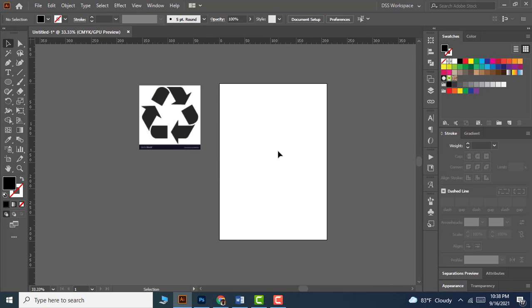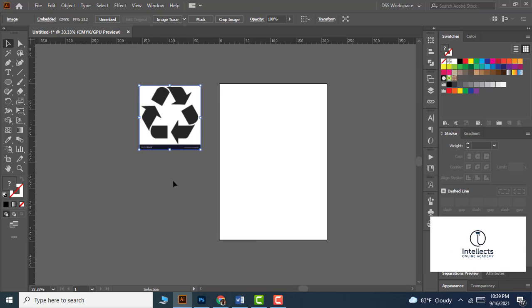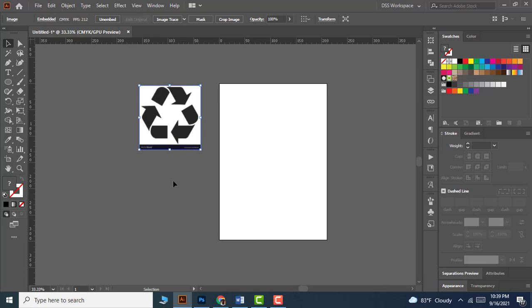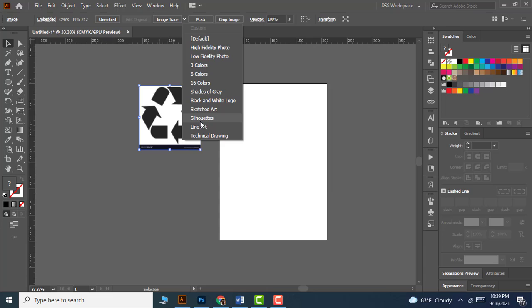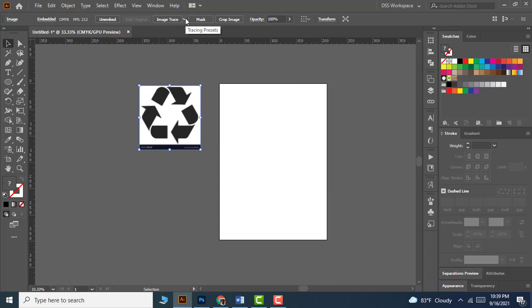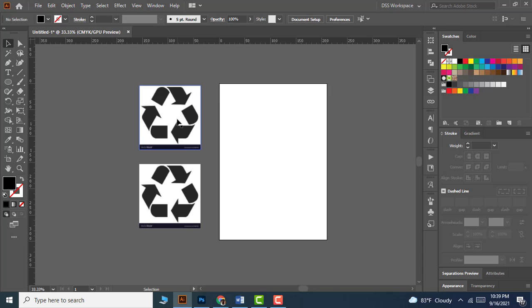Let's say if I want to vectorize it, I can use the quick tracing option. So what you have to do is select the image, then click this Image Trace option, which is in default mode, or you can pick the silhouette option from the drop down menu. Let me show you the difference between these two options. Before that, let's make a duplicate of this, and for the first one I'm gonna apply the default tracing option,